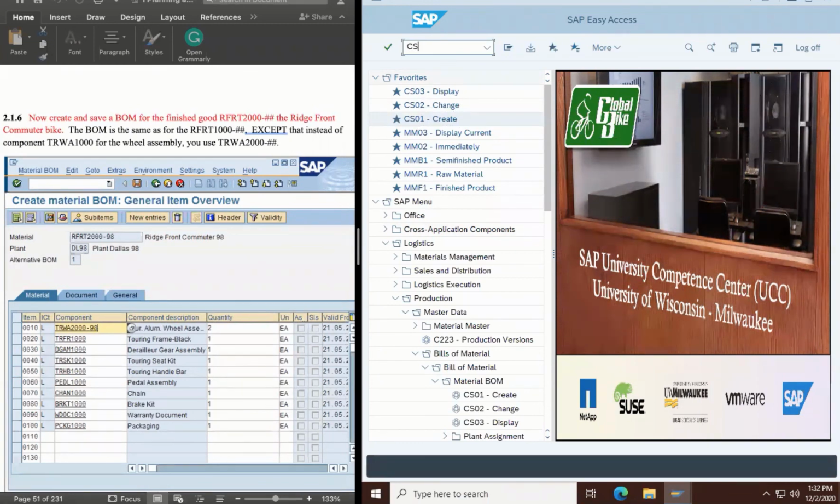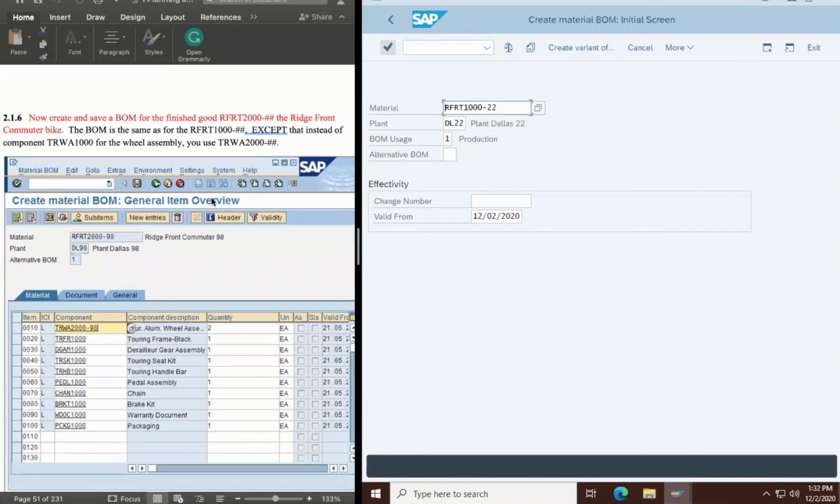So CS01, I'm going to type and hit this check mark, and you have to create. Now be careful, you don't want to create RFRT 1000-22 again. That will mess up your BOM. So make sure that it's a 2000-22, right? So that's the right name that you want to create. So click check mark,